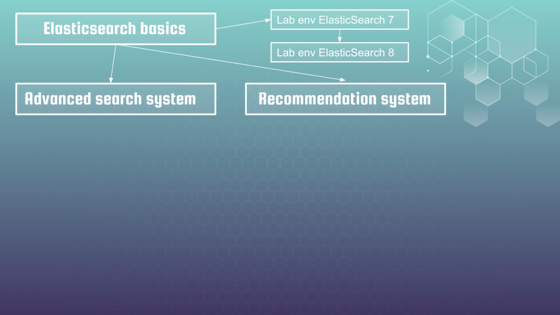In the section related to the search system, you will learn how to build a simplified version of Booking.com using Elasticsearch, while in Recommendation System, I will show you how you can build a recommendation model in a rather simple and fast way without any machine learning, but using the Elasticsearch engine. Both sections are relevant for Elasticsearch 7 and 8 versions, and in both cases the implementation is performed using raw JSON